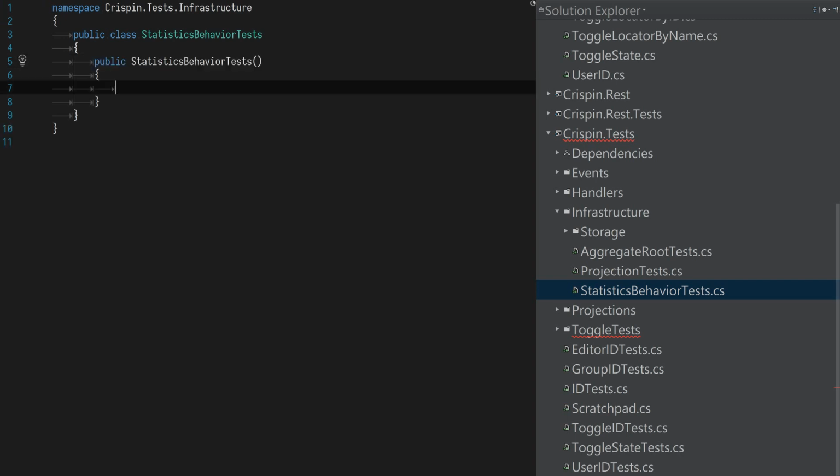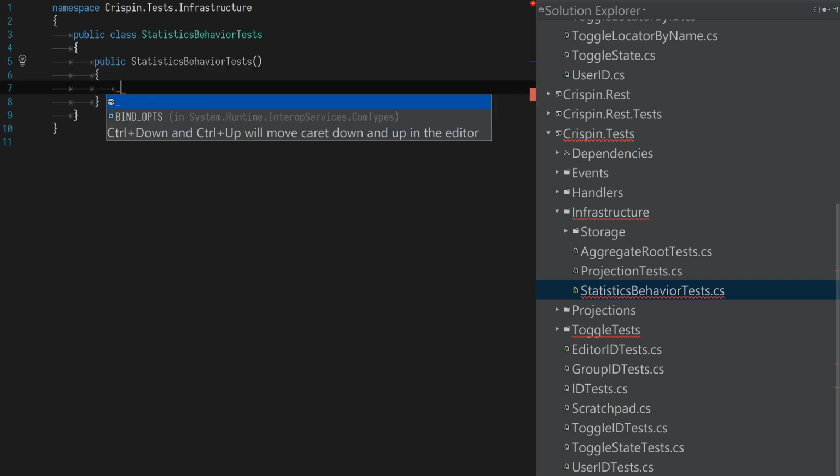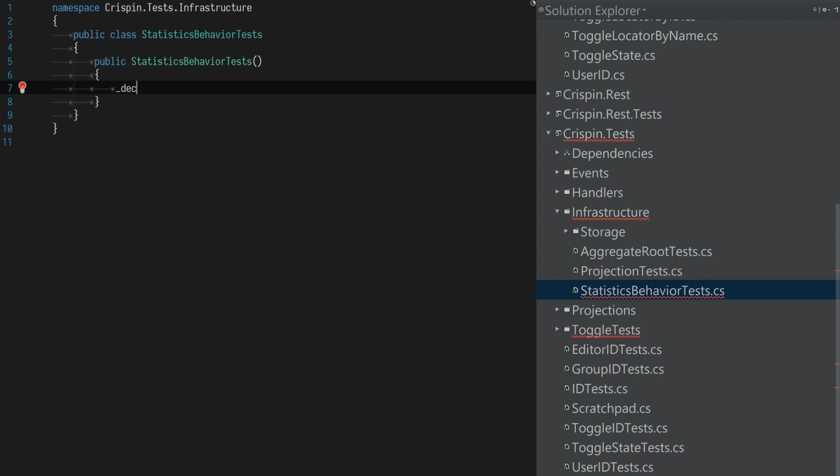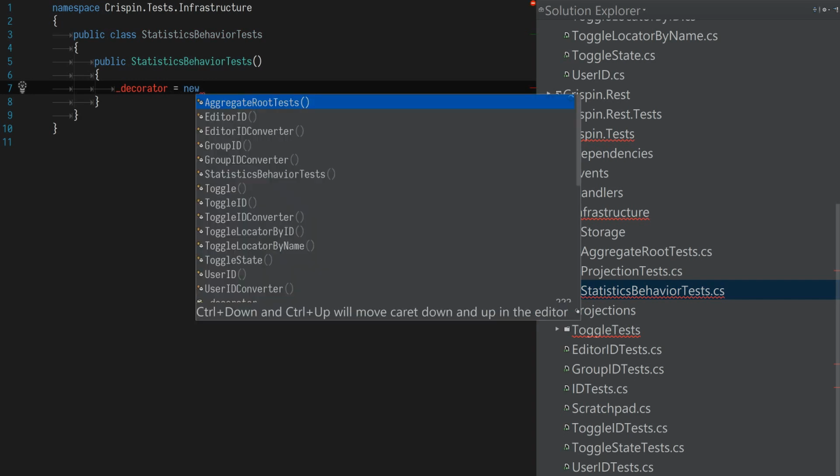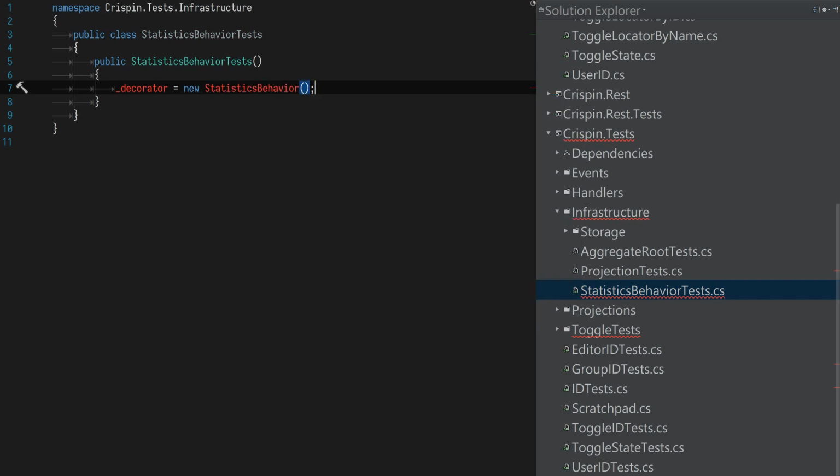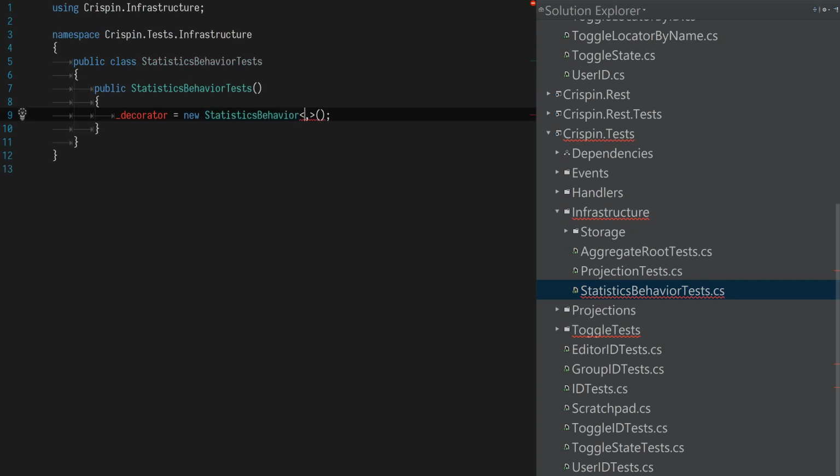Right, equals new statistics behavior. And we're going to